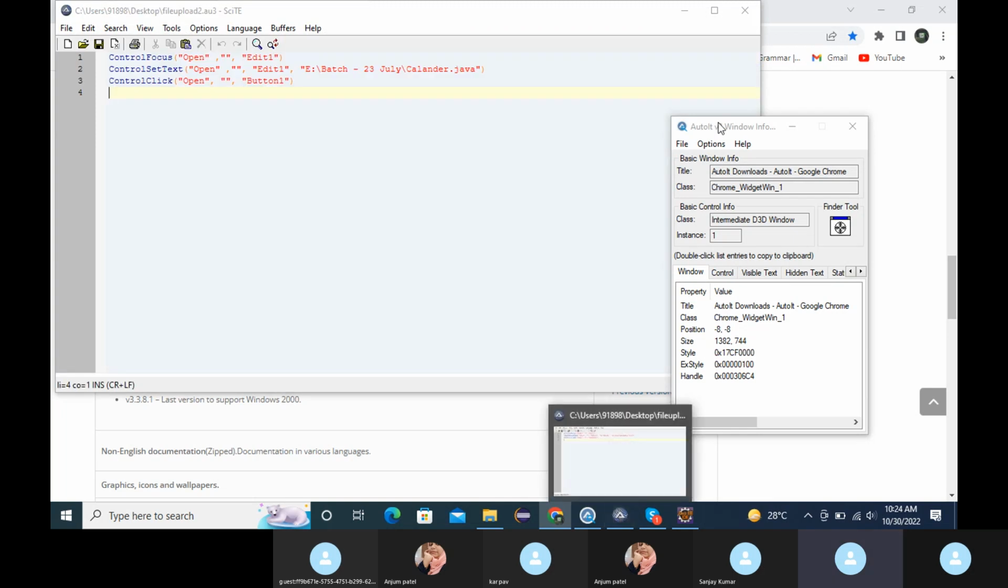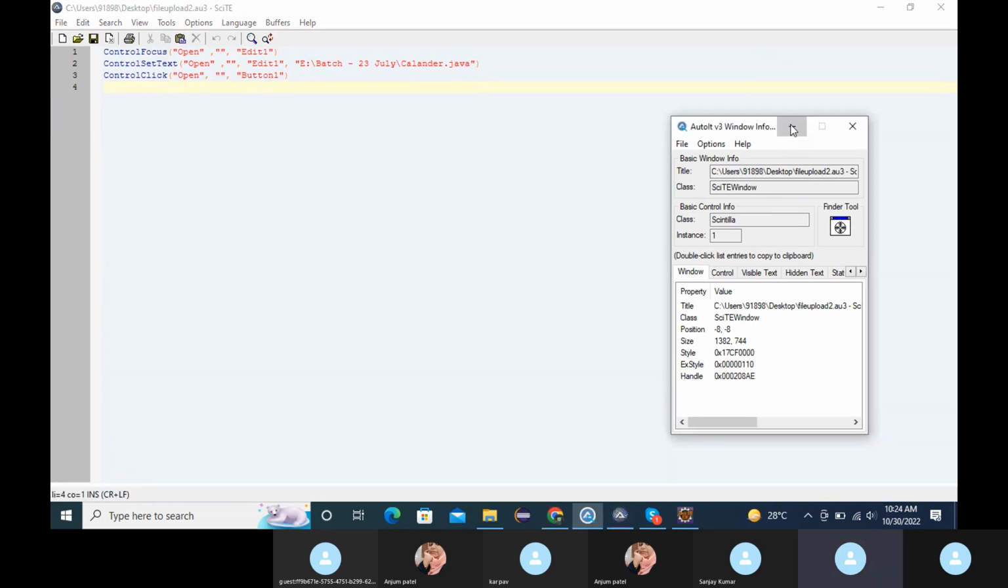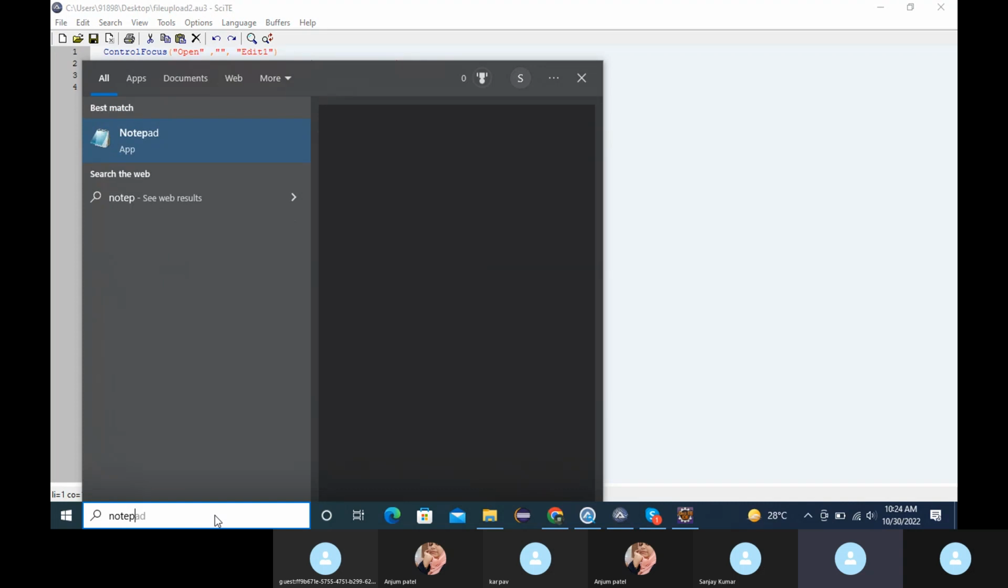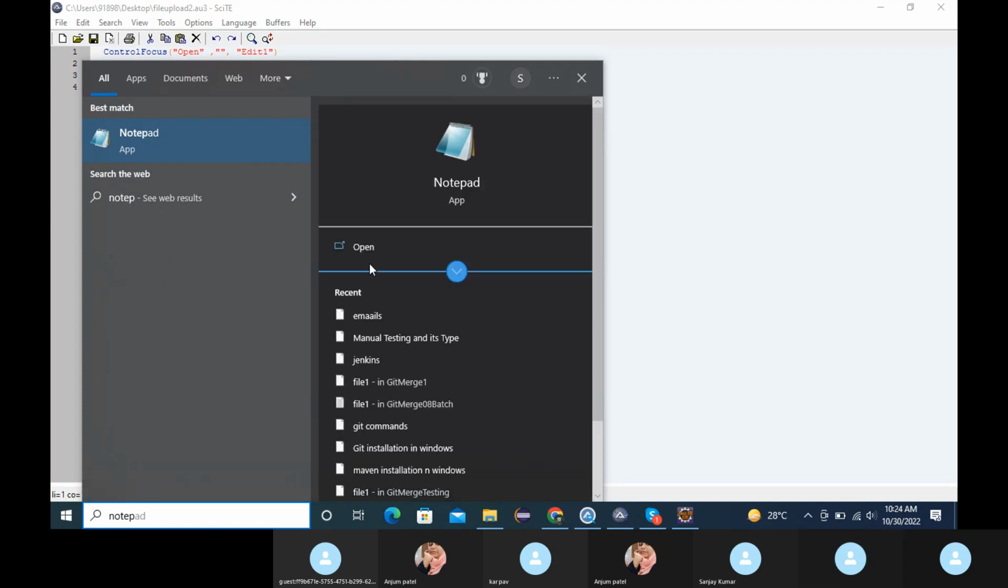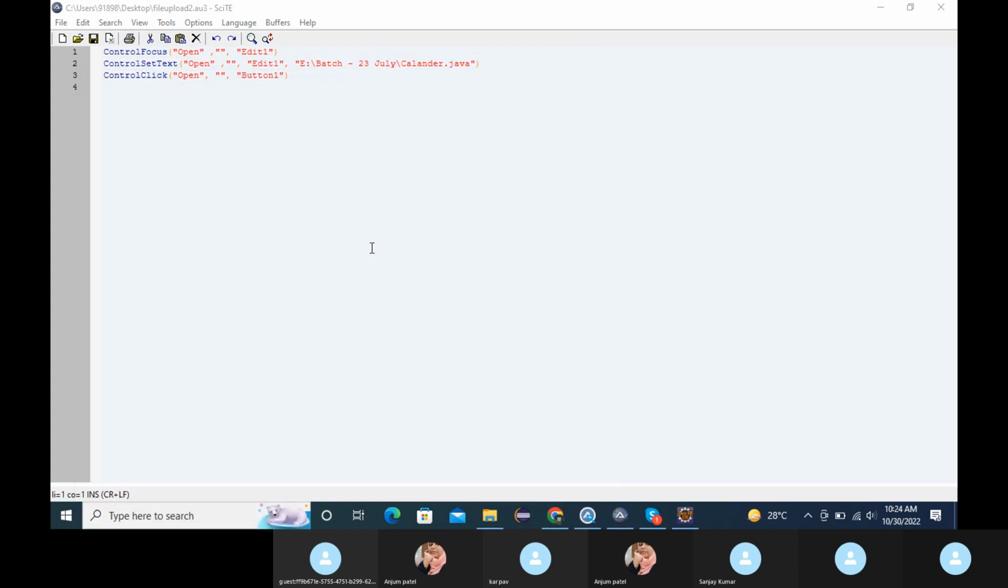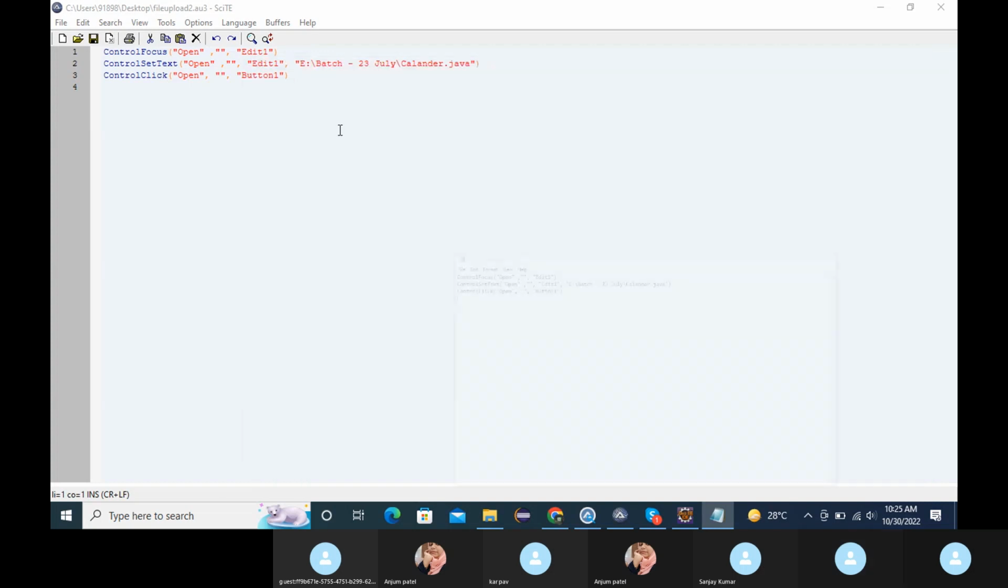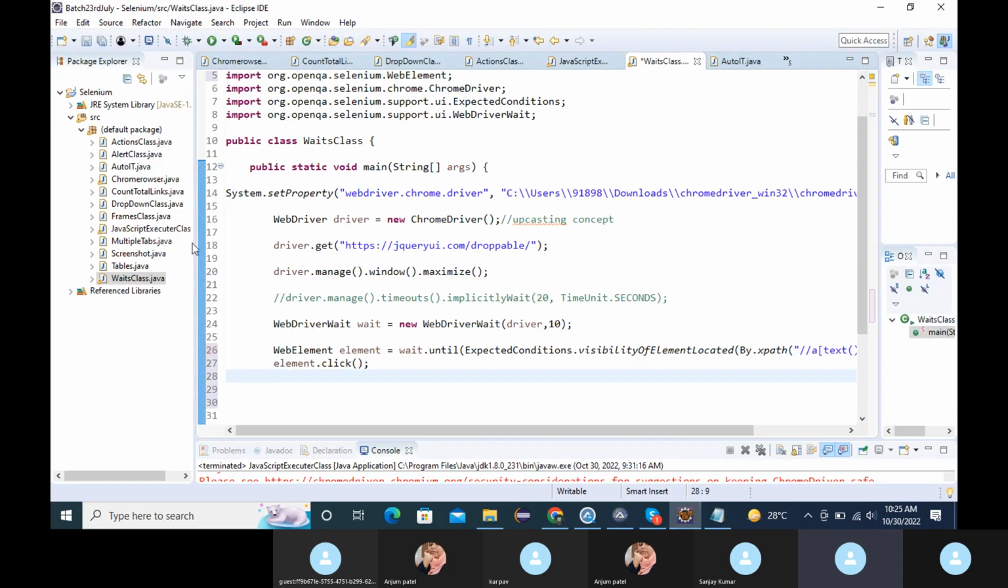So it will look like this, the editor one. And installation is very easy. Just click next, and you have to do it. That's it. Okay, so once you open this, it will be blank. Now, what is the scenario I'm going to automate here is